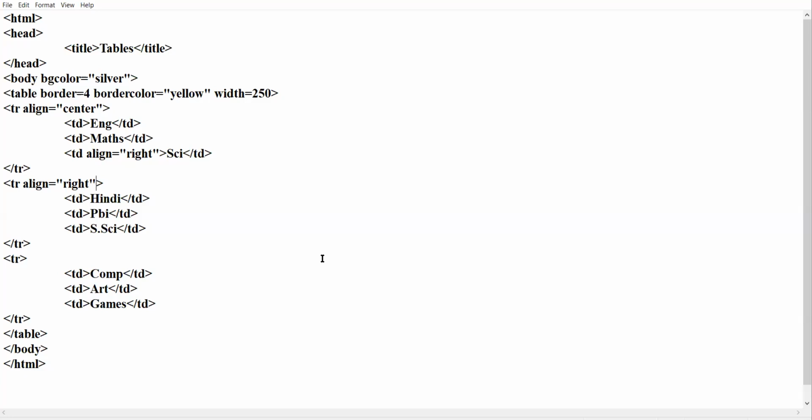Header row has two important features. It is automatically bold. It is automatically centrally aligned.